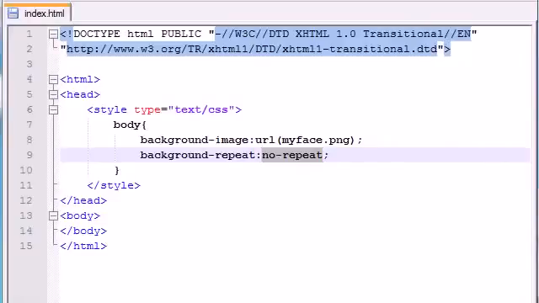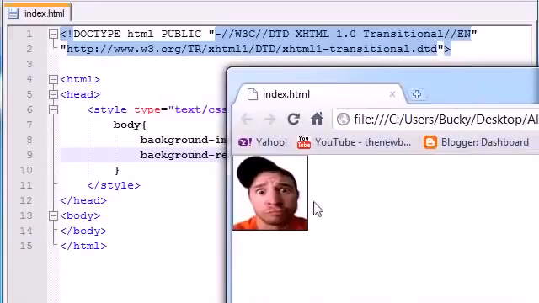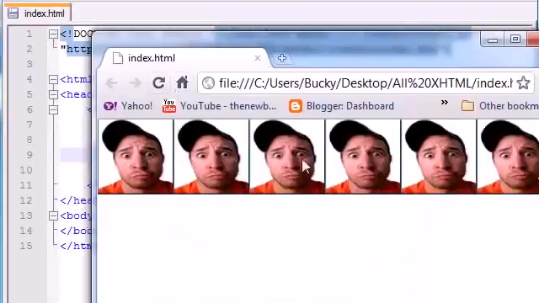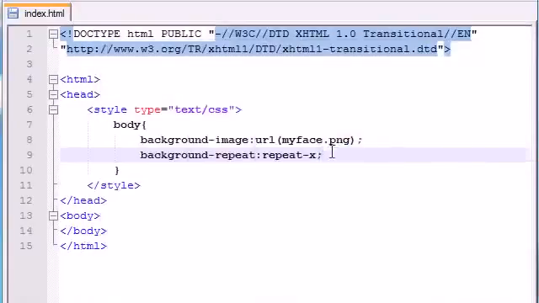But anyways, sometimes you're gonna come across a situation where you have this image, but you only want to tile either left or right or up and down. So you can do that using the same background-repeat property, but instead of no-repeat, go ahead and change to repeat-x, and this is going to tile it, let me show you, left and right in the x-axis. The x-axis is left and right, y is up and down, and z is forward and backward. But since we're working with a computer screen, we don't have z. So, just a little tidbit of information. So that tiles it left and right. Y, if you repeat it,